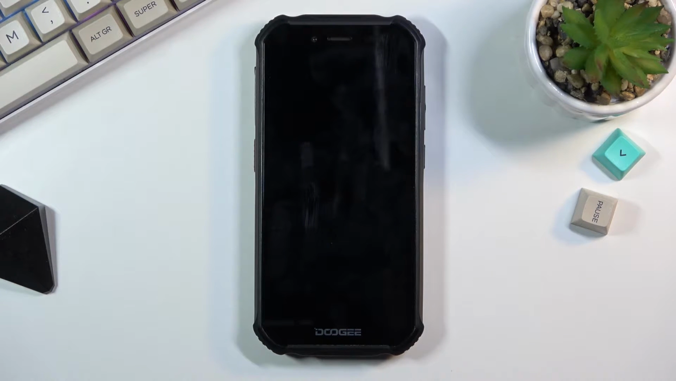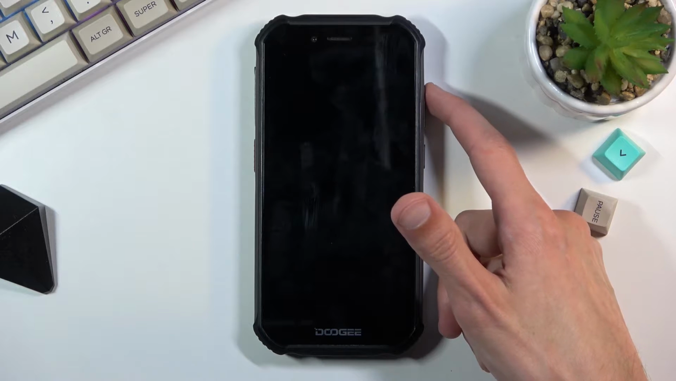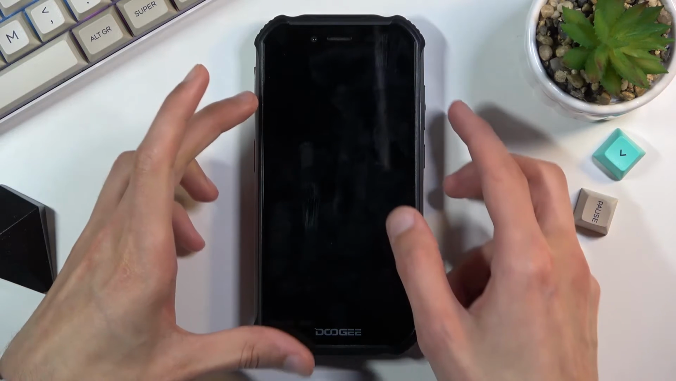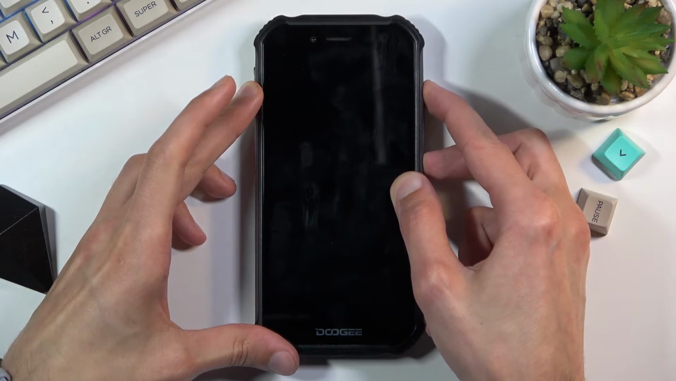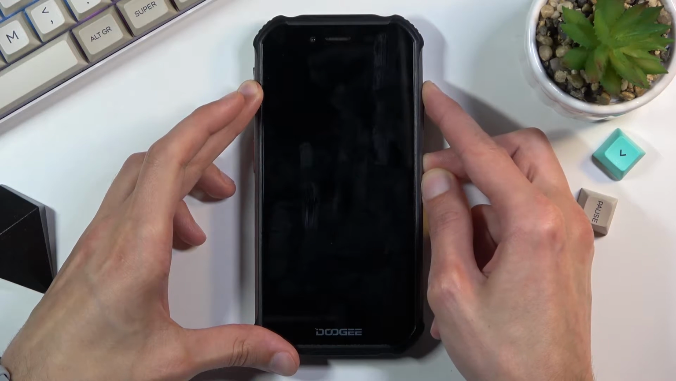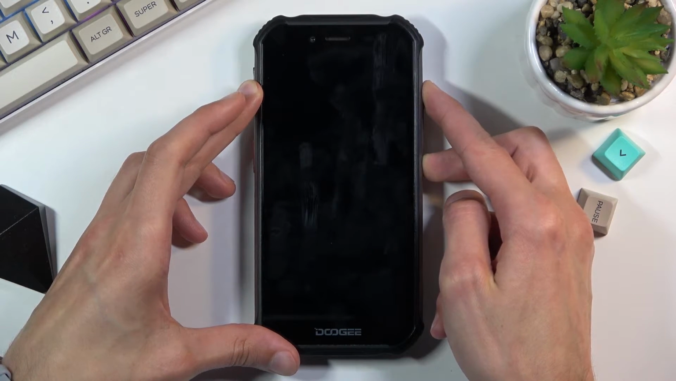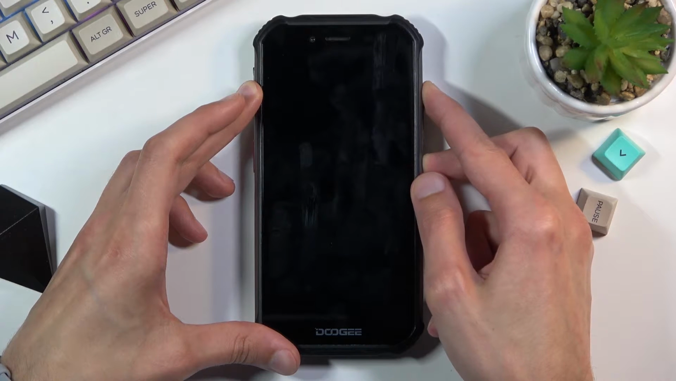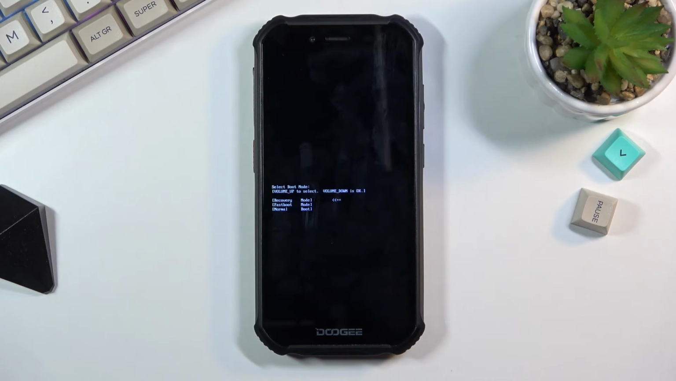Once the device turns off, hold power key and volume up at the same time. Oops, I did let go of the volume up by mistake, but it didn't affect it in any way. So anyway, from here, when you see the boot mode right here, you want to let go of those keys